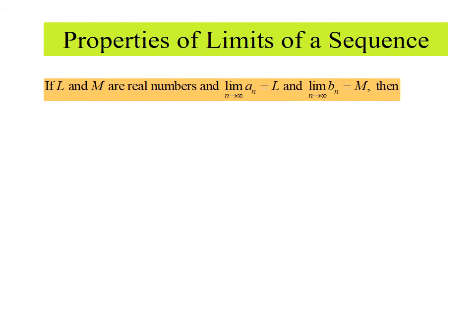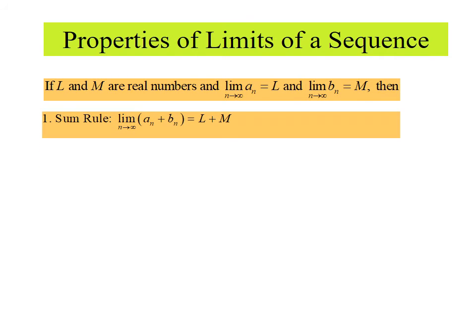When we consider sequences as functions where their domain is a positive integer n, we can find their limits, and the limits of sequences satisfy all the properties of limits of functions. For example, if L and M are real numbers, and the limit of a_n as n approaches infinity is L, and the limit of b_n as n approaches infinity is equal to M, then the sum rule of limits of sequences states the limit of the sum of two sequences is equal to the sum of the limits, which is